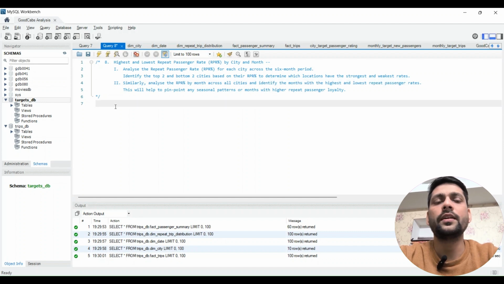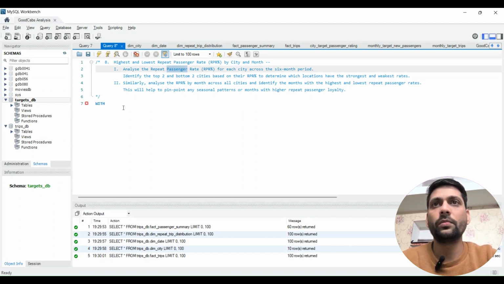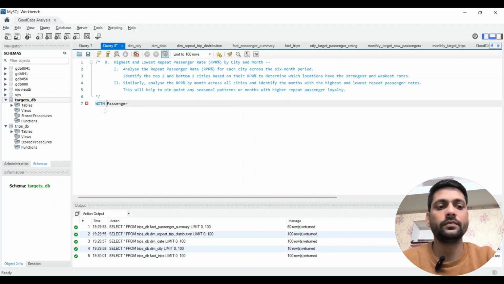Okay, so let's start writing our query. I'm going to write it as a common table expression, city only. I will give the table name as passengers. Just going to copy this. Passengers as